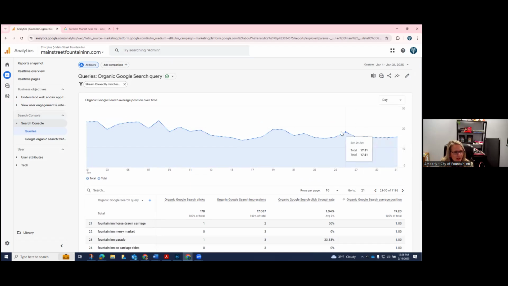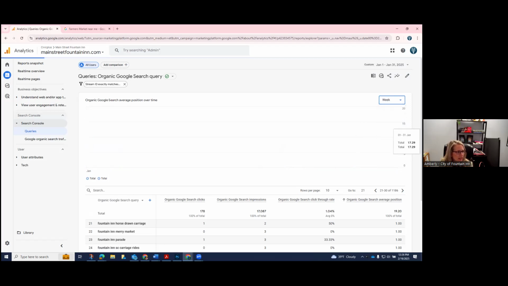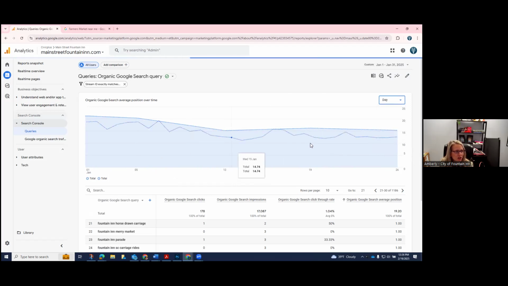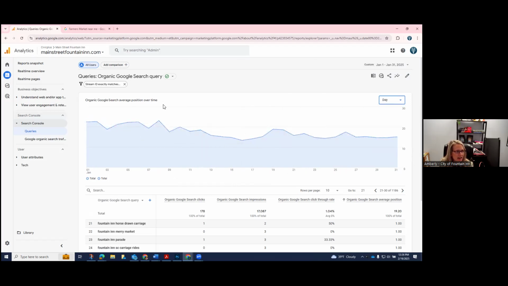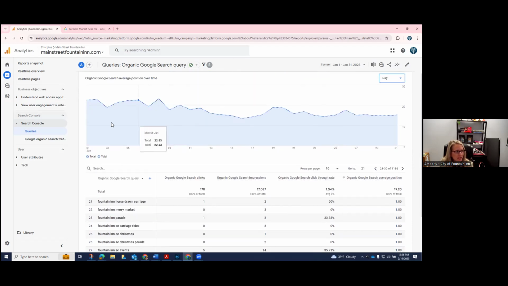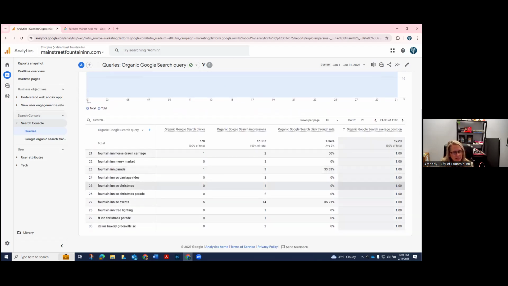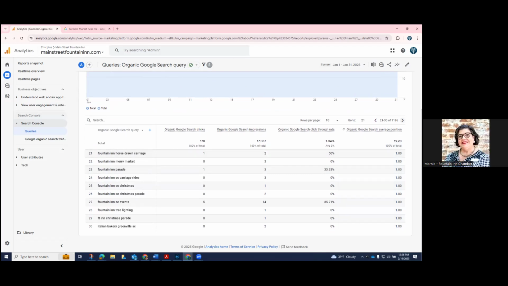And then you can also, again, up here, this is the chart showing the day, but you can change this. So if you just want to look at month, week, you can just see. So this chart doesn't really matter. This is an average over a week or a day. I'd stay away from a day because that's just going to give you a very skewed, unless you're looking for